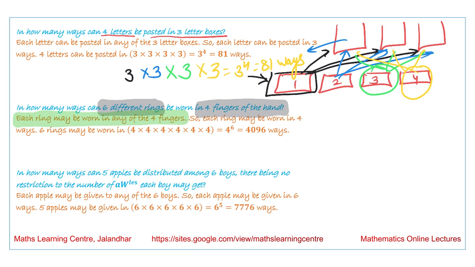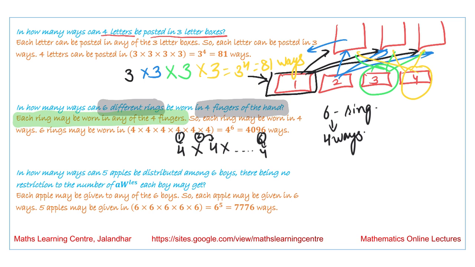We have 6 rings and each can be worn in 4 ways. So the total number of ways is 4 into 4 into, and so on. The first ring can be worn in 4 ways, the second ring can be worn in 4 ways, and likewise the sixth ring can be worn in 4 ways. So the total number of ways is 4 raised to the power 6, that is equal to